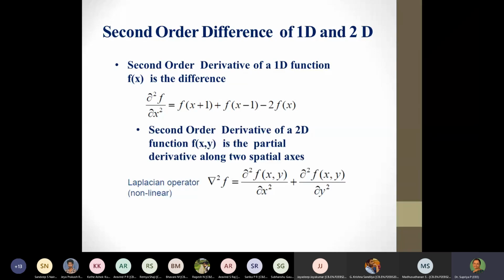So when we construct it for a 2D, it is called the Laplacian, and the expression for the Laplacian operator is dou squared f(x,y) divided by dou x squared plus dou squared f(x,y) divided by dou y squared. This is the expression that we will be required to evaluate in order to get the Laplacian mask, if we are to apply the second order derivative as a sharpening filter. Is it okay? So we have f(x+1) + f(x-1) - 2f(x), giving us this particular result.